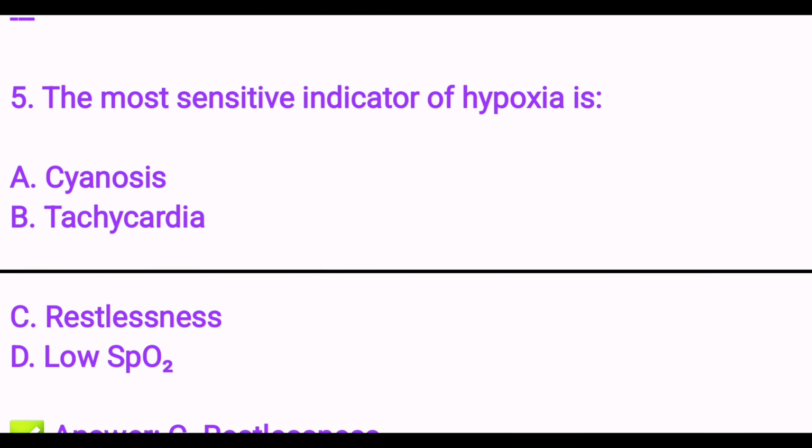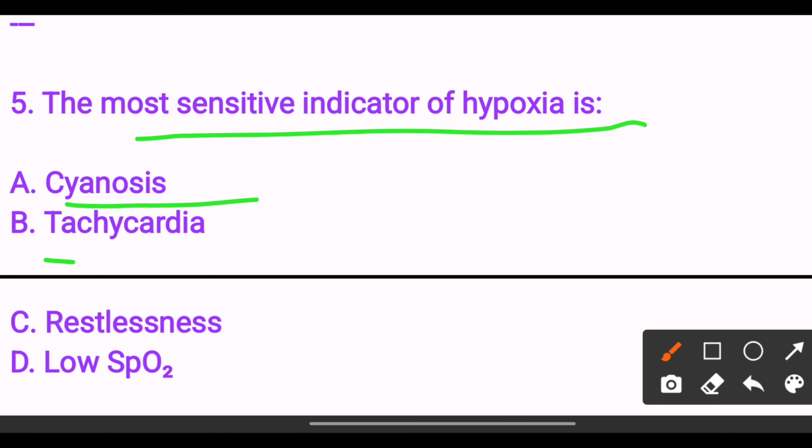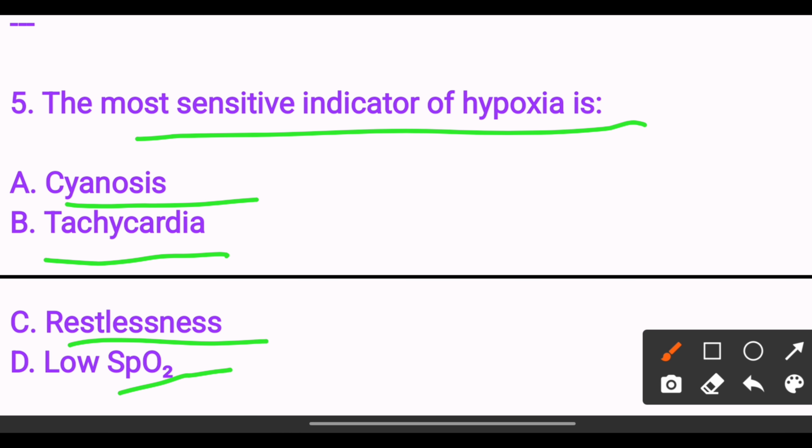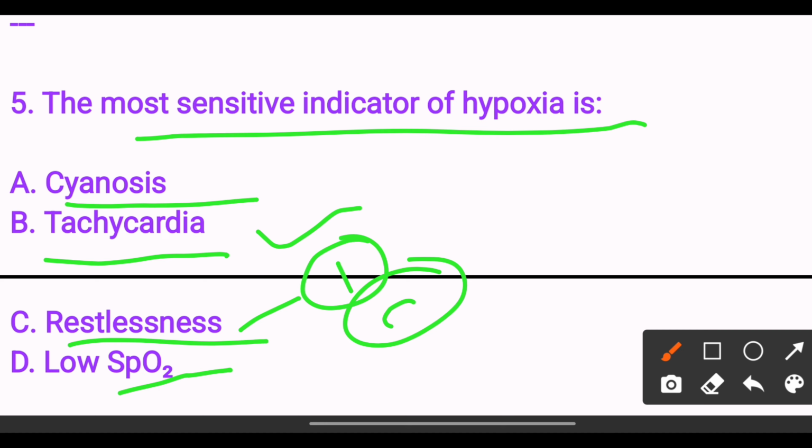the most sensitive indicator of hypoxia is: option A cyanosis, option B tachycardia, option C restlessness, option D low SpO2. The answer is option C. Restlessness is the most sensitive indicator of hypoxia. Early hypoxia affects the brain, so restlessness and anxiety occur first. After that, second, tachycardia occurs, but first it's restlessness. So the answer will be option C. Next,